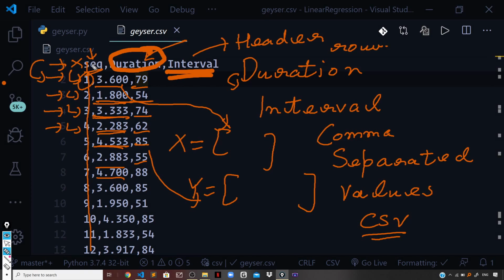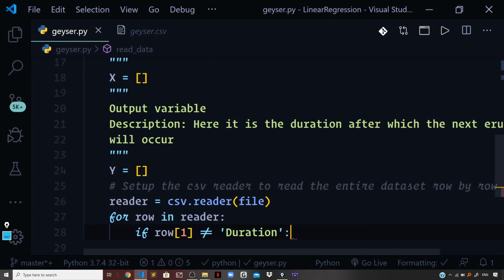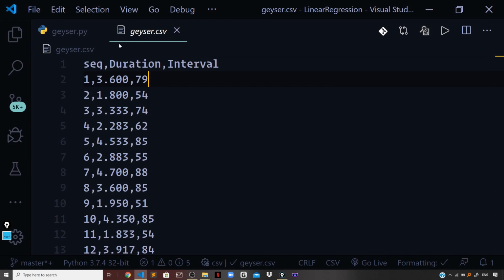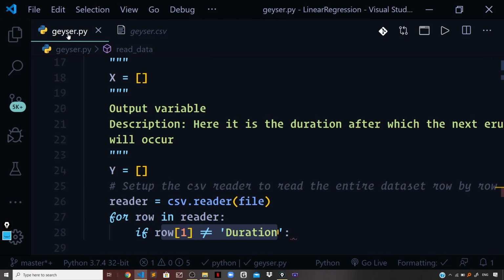And you can see if we refer row[1], because we know our dataset is in the form of CSV, row[1] will refer to this field, which is duration. So we have to omit this as per this check. If this is the check, we will be able to omit it. We are interested in getting only these values, not these. So if row[1] is not equal to duration,